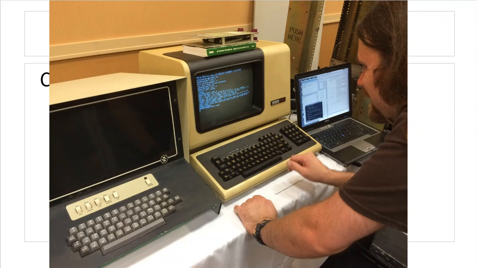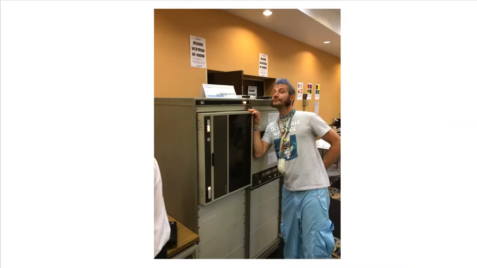What does one of those big honking computers look like? Well, let's look at another one of my colleagues or associates. This is Mouse. He works for an IT department at a school in New Jersey. He trucked that out to Chicago all the way from New Jersey. So that massive machine there is kind of what one of these terminals would be, or many of these terminals would be plugged into.